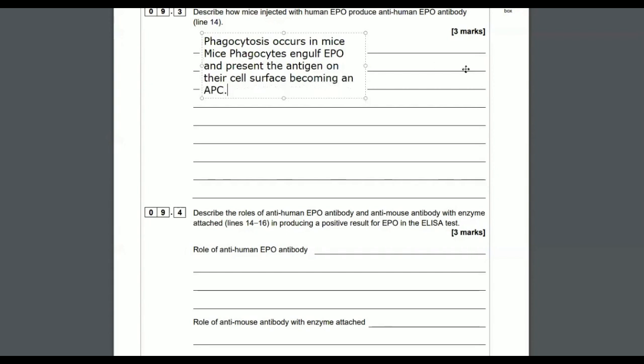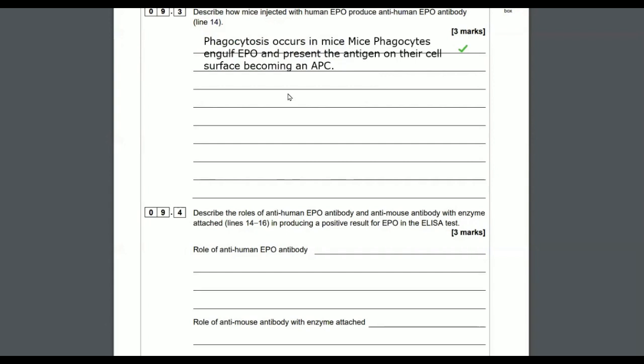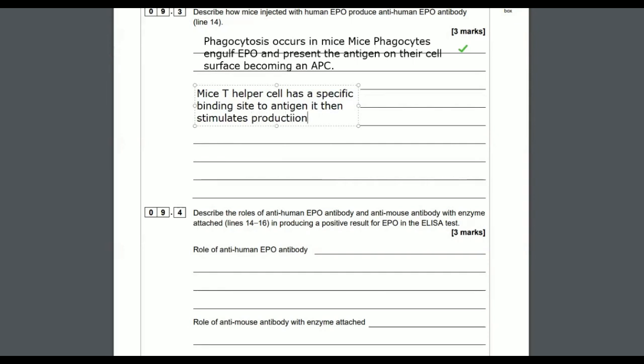They see it as a foreign invading particle, and they recognize the antigen as foreign. They engulf it, they digest it, and then they present the antigens on their body. They become APCs. Now, the mice also, just like humans, have T helper cells, THCs, and these have specific binding